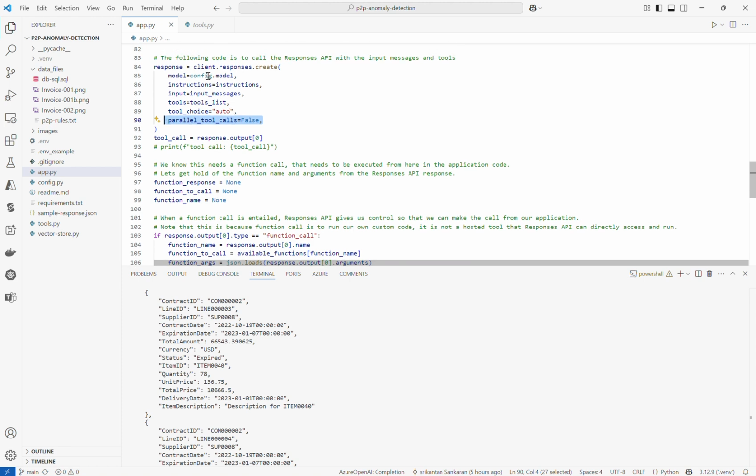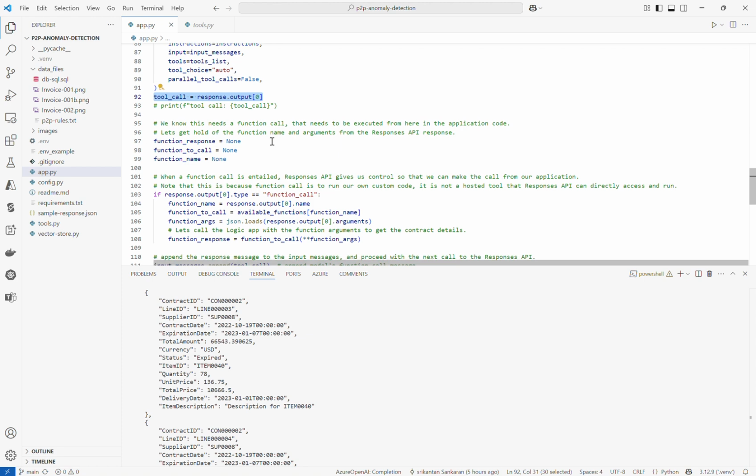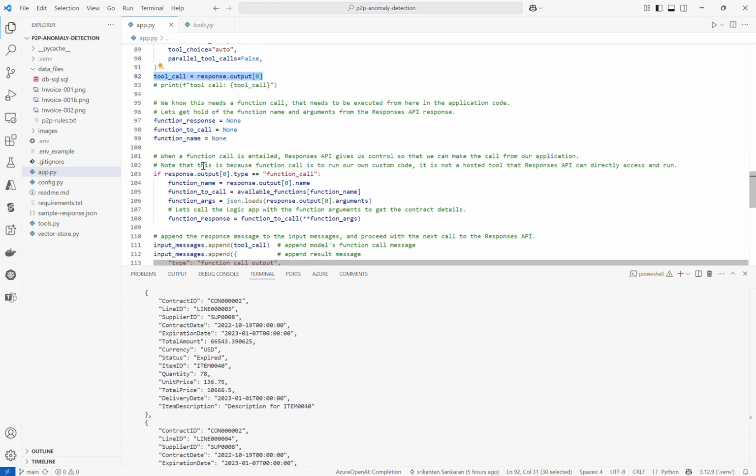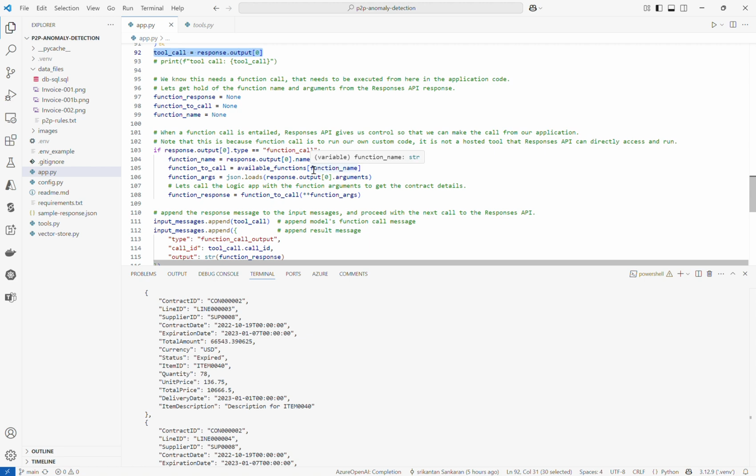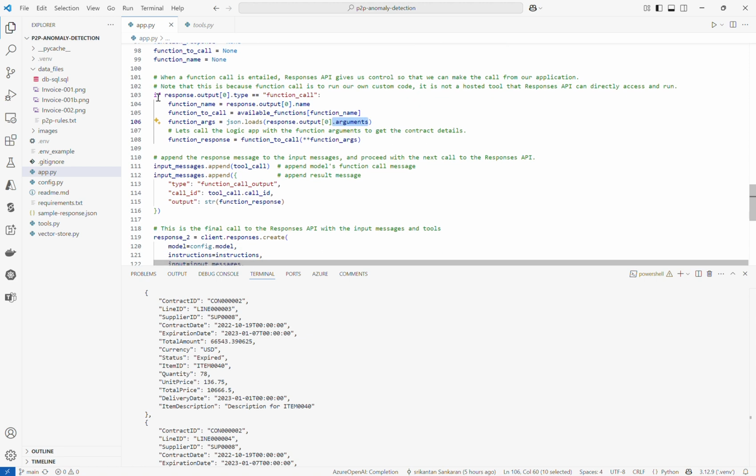So the responses API delegates control to you here, saying that, hey, I think I came across this particular tool call, which I think you're better equipped to run. So I extract the name of the function from the tool call response from the responses API, and then with that I'm dynamically calling the function, executing it, and passing the arguments that the responses API provided me with. So the logic app invocation happens here,